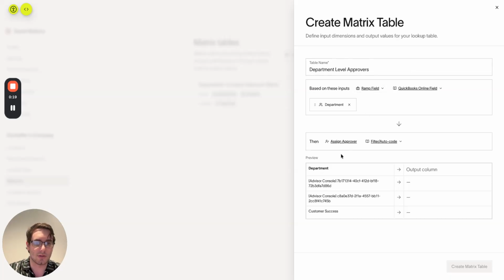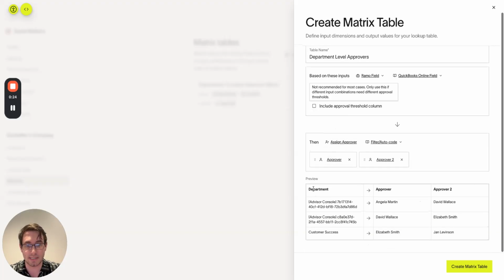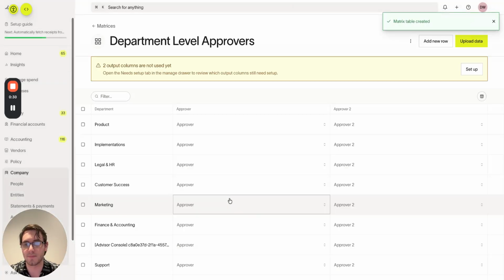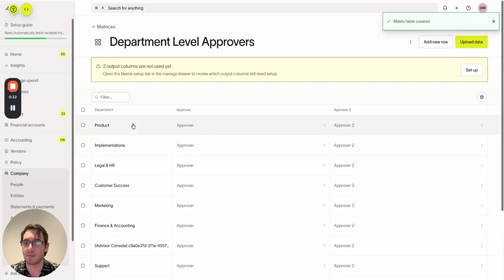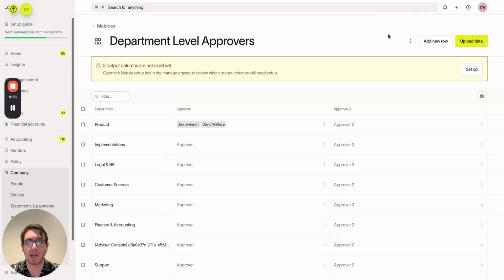I can do department and I can add multiple approvers here. So I can have a department table that has an approver and an approver 2. Then I can create this matrix table. I'll immediately see all of the department options here, and I'll have the ability to update the members of the